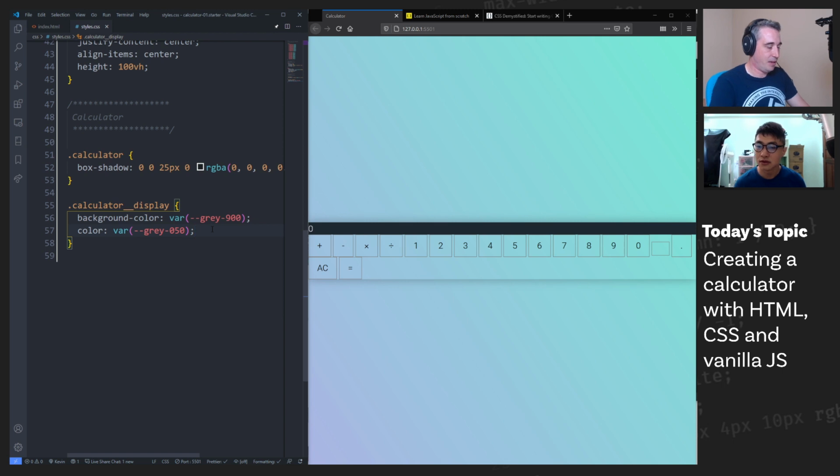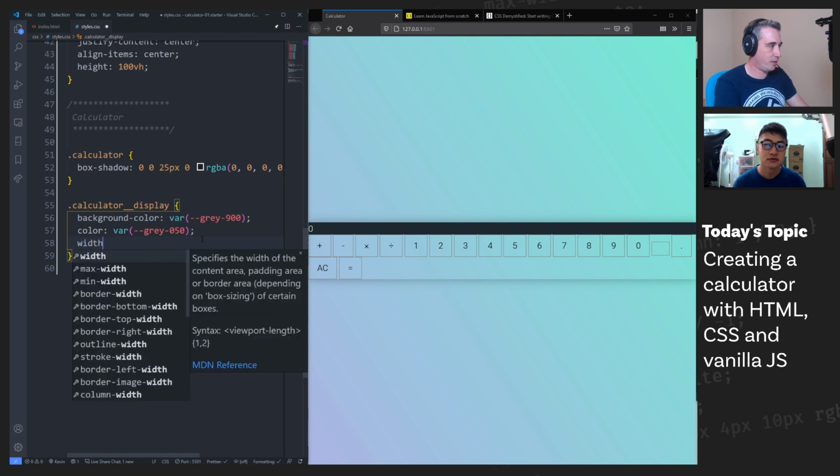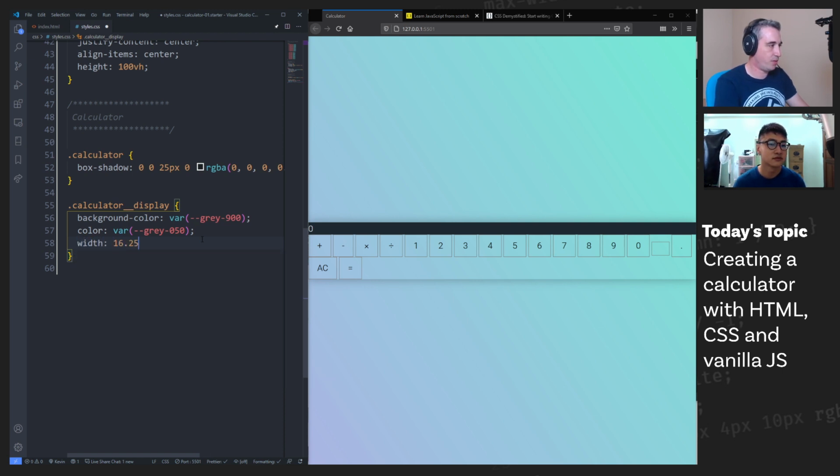Actually, my calculator itself, do I want, or we can put the width here, width of 16.25 rem, so we have a size on there, and I'm wondering if I should, I'm going to keep going, but I feel like oh,